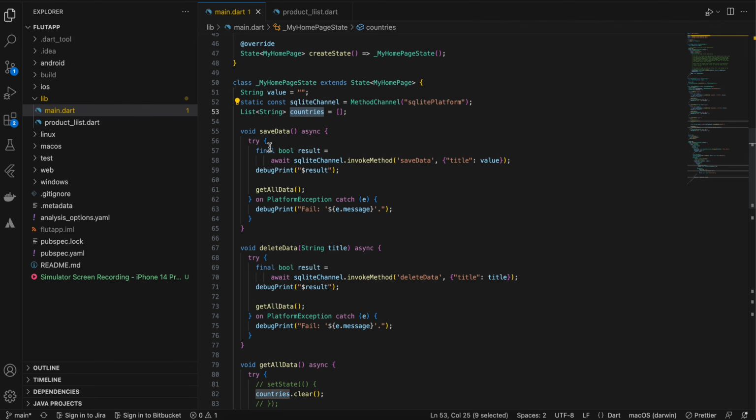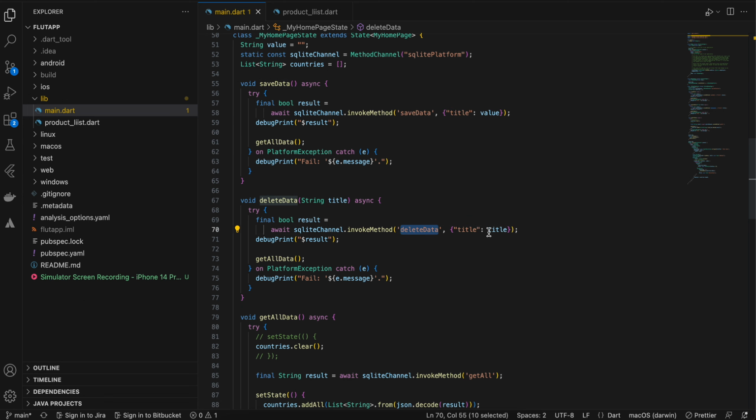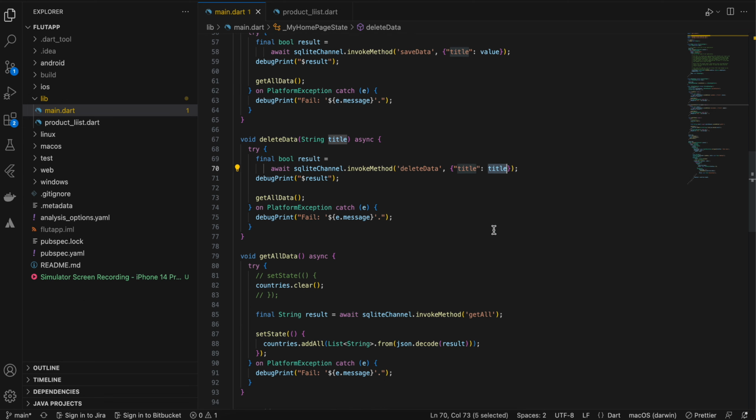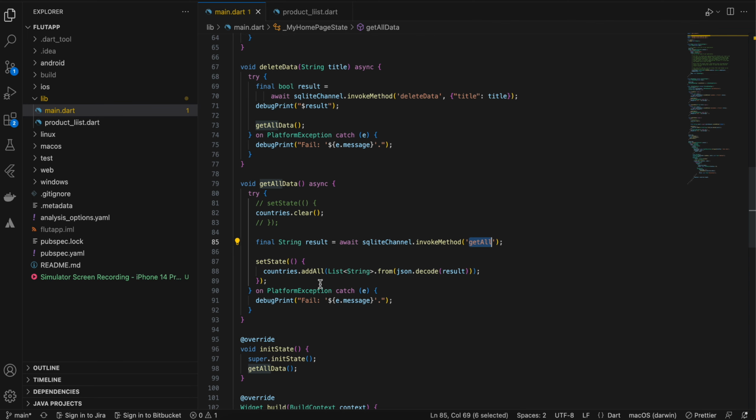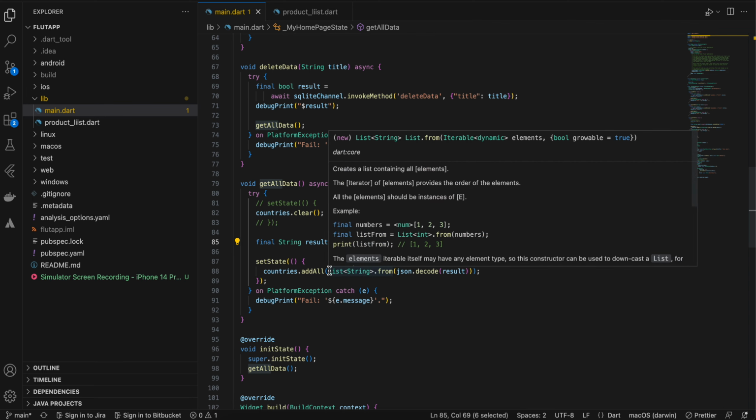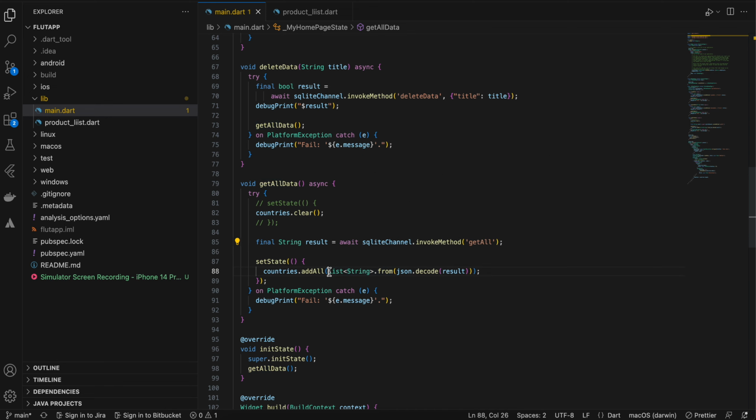Next we are defining some methods. This method name should be called on the native side, and we are passing some title. Same for delete data, we are passing some title, and same for get data, we are invoking the get all method from the native side. Once we get everything, we are just decoding that JSON from string